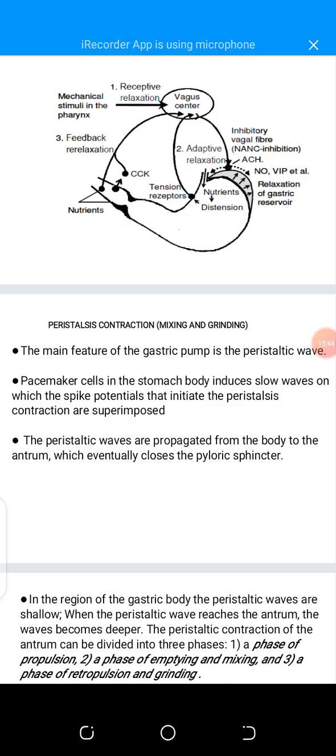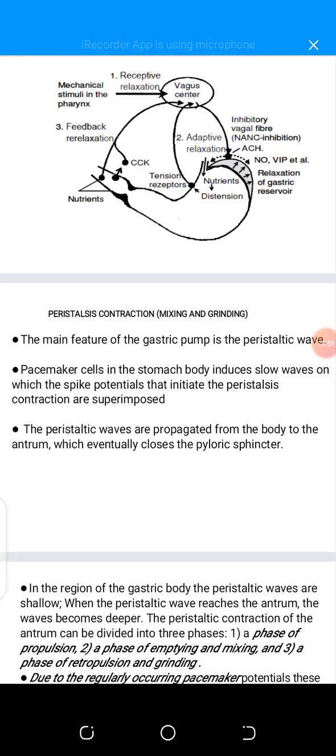So the presence of nutrients within the first part of the small intestine, the duodenum, activates chemoreceptors. And the impulses activated by these chemoreceptors are transmitted also through the afferent vagal nerves to reach the vagal center, and through that